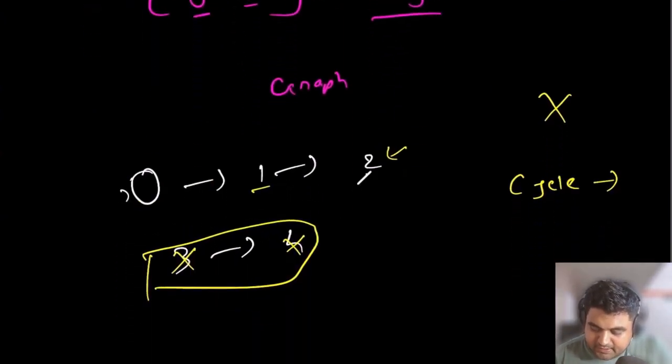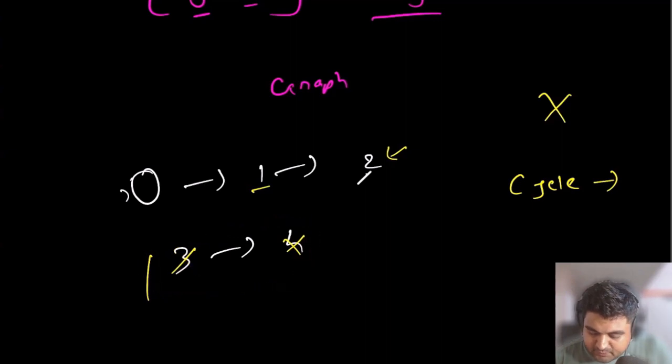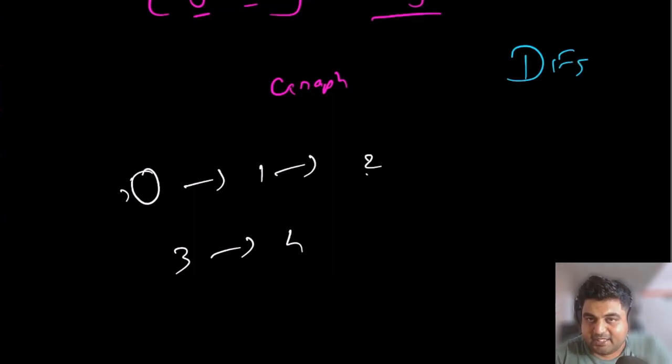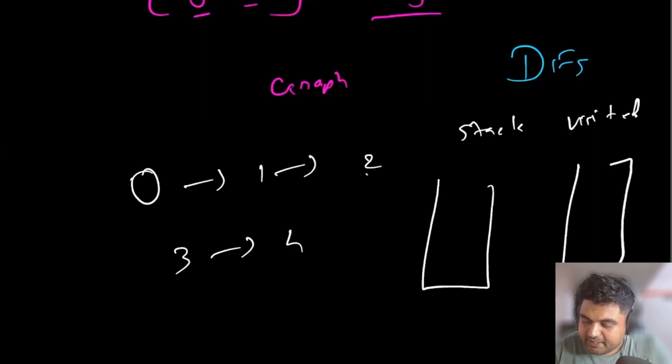So suppose again, let me just go back to my previous scenario. Suppose these are all the prerequisites and graphs we are given. So now we will try to see whether there exists a cycle or not, which means we are going to run a DFS simply. Now this is a directed graph, which means if there exists an edge from node 0 to 1, it is not necessary that there has to exist an edge from 1 to 0 as well. Now we are going to first initialize our visited hash set. We are also doing this iteratively, so we are going to initialize our stack for our DFS.